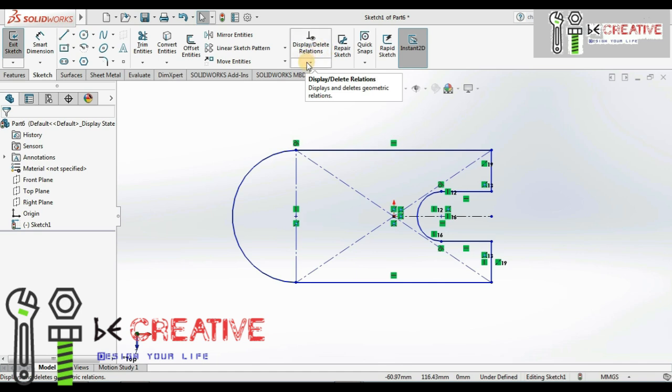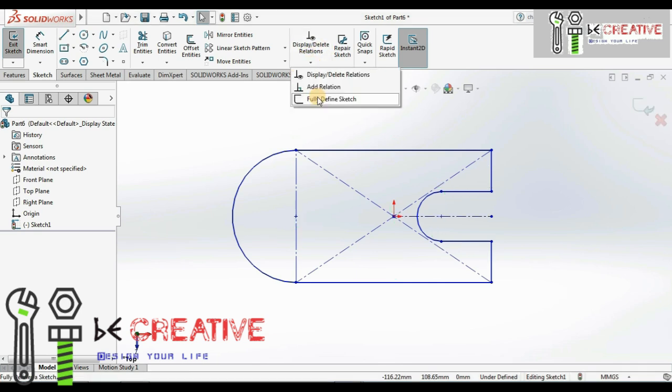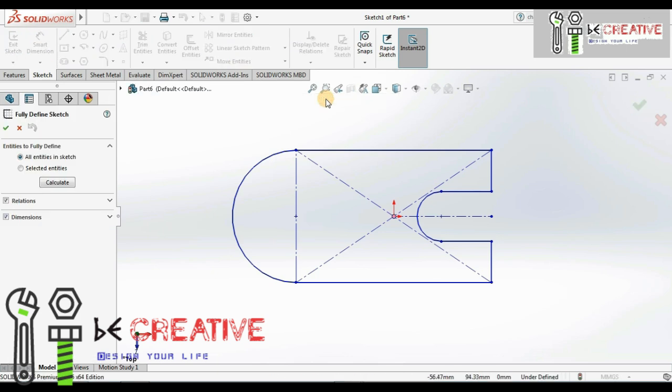toolbar, display or delete relation. As you can see, there is a drop down. If we click on that drop down, we have an option called fully defined sketch. If we select that option, we can find an option at the left side of the screen, calculate. If we